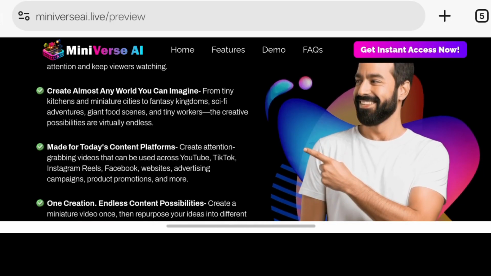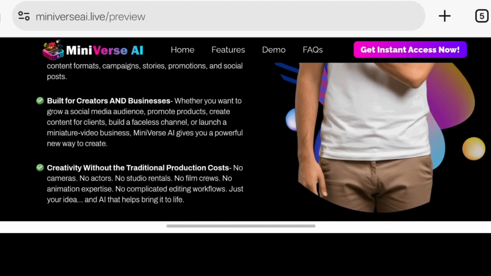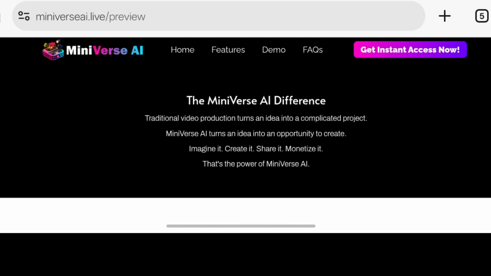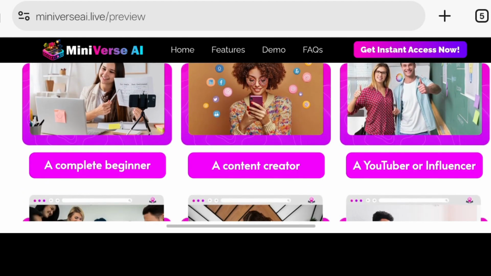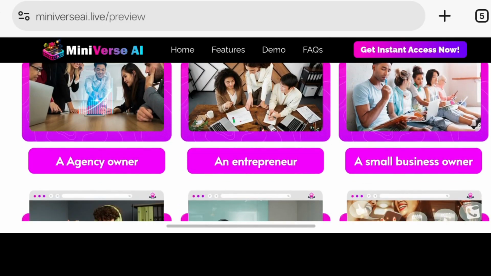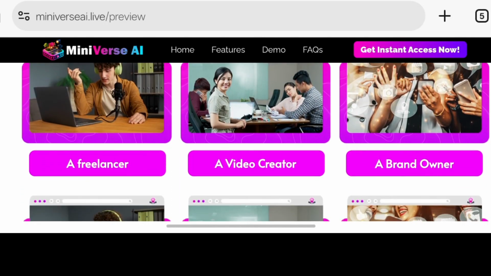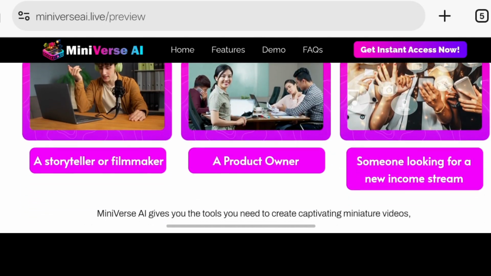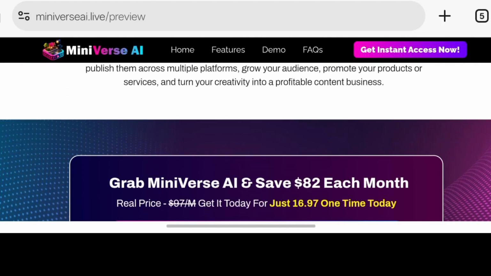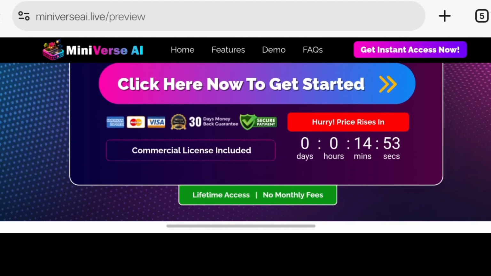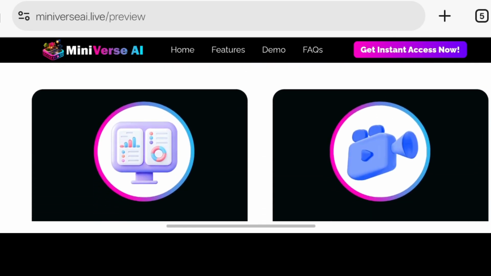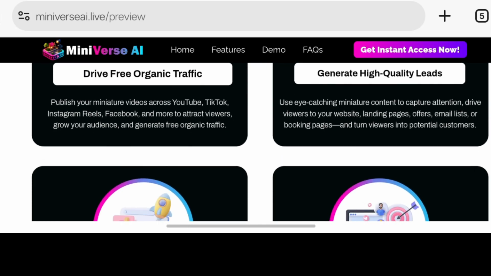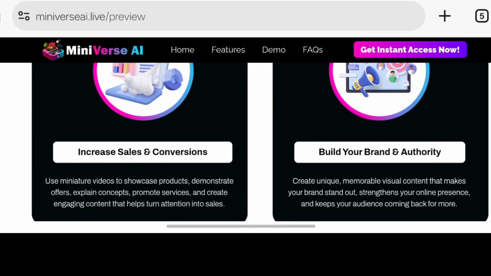If the commercial license and current terms allow your intended use, you could potentially offer AI video creation services to clients. Fourth, marketers and businesses. Miniature videos could be used for advertisements, product demonstrations, promotional content, and social media campaigns. And finally, beginners who don't have experience with traditional video production may find the simplified workflow attractive.